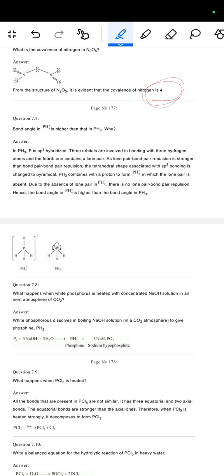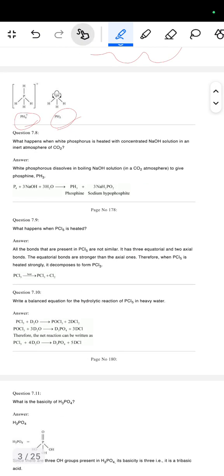PH3 combines with the proton to form the PH4+, in which the lone pair is absent. Due to the absence of a lone pair in PH4+, there is no lone pair bond pair repulsion. Hence the bond angle in PH4+ is higher than the bond angle in PH3. तो ये PH4+ हो गया, ये PH3 हो गया।